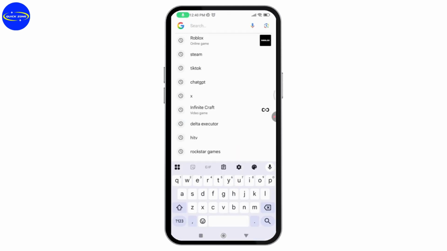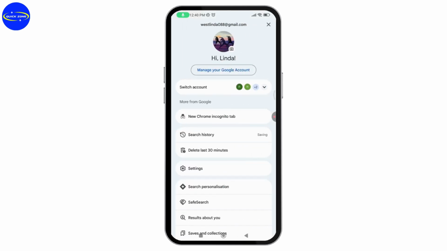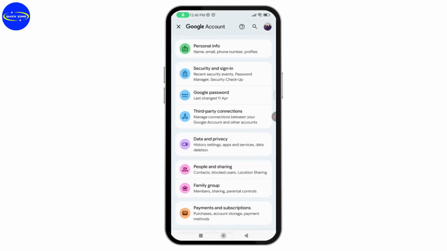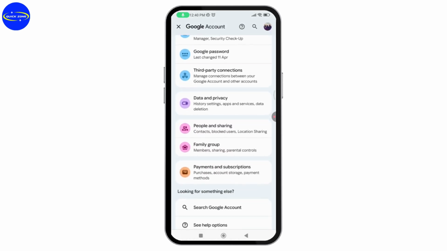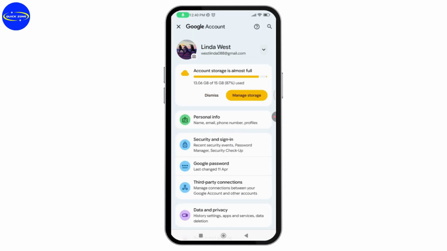You can just open up your Google and then go to the profile, which is on the top right, and from the profile you need to tap on manage your Google account. Once you get this kind of interface, you need to scroll down, and here you will have an option of backup. You can go and turn on your Google backup. Make sure that the backup to Google Drive option is turned on, and you'll be able to retrieve your messages